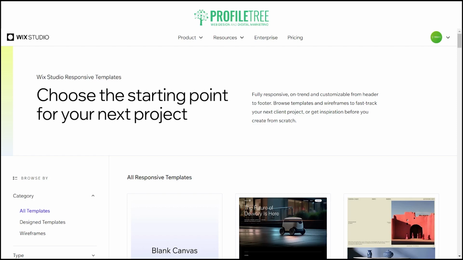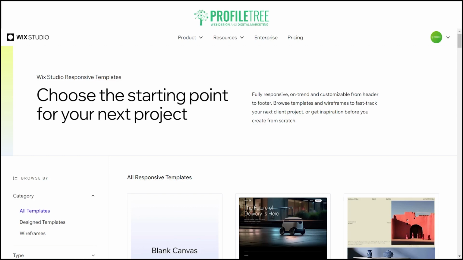Now with the templates, you get offered a broad selection of over 500 designer-made templates. So that's Wix Studio as well as Wix Editor. Now these are all going to be fully customizable, so these templates cover a wide range of industries as well as the styles. Now just to mention ADI again, so for those who prefer a more guided approach, then that's